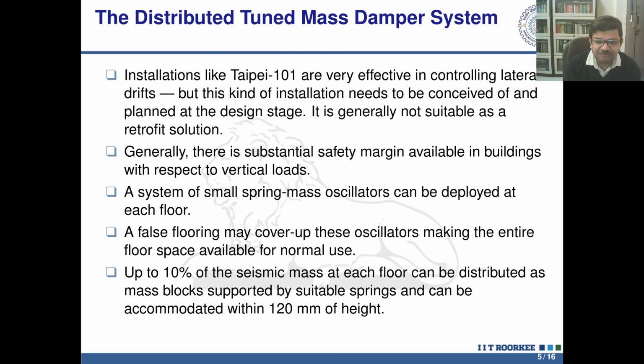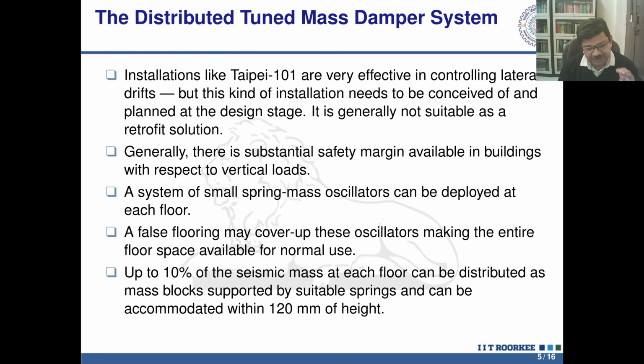To get the same frequency that we are targeting, that is the natural frequency of the structure. So for a small mass, we also require a small spring, which can be fabricated at site very easily. I'll describe how this is done,